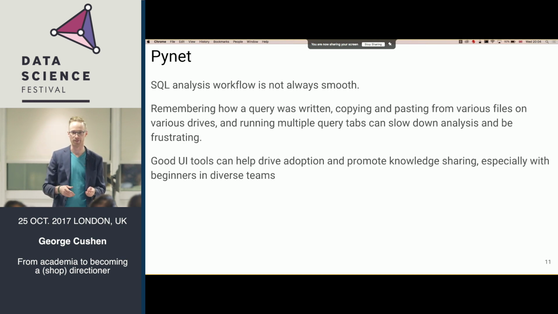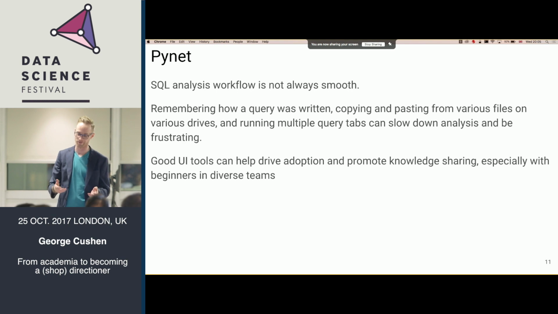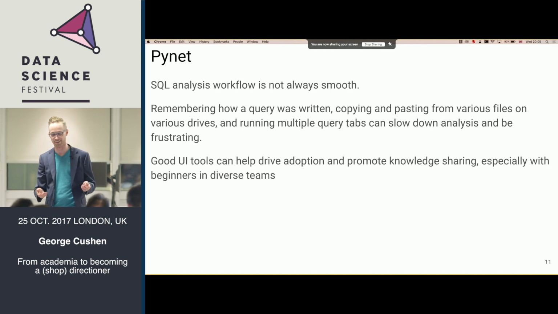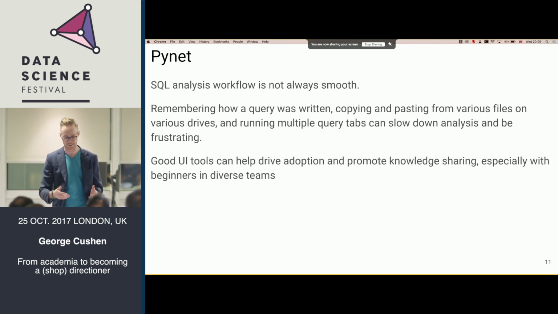There's a lot of analysts in the company using SQL, and there's a number of opportunities to improve that workflow with SQL. So there's a lot of everyday problems we probably all come across, like remembering how a query was written, copying and pasting queries from various files, all this stuff which slows us down and can be frustrating at times. So I've been working on a GUI tool